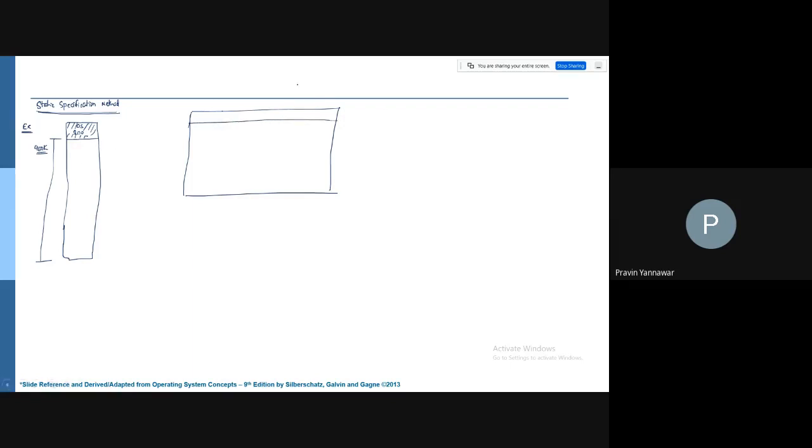Okay, so here it is the number of partitions. So how many partitions are we going to have? Say for example here, we are going to have 6 partitions. So 6 partitions means all those partitions are going to be fixed size. So you have got one partition here, you have got second, third, this is fourth, this is fifth and sixth. So how many partitions you have got? 6 partitions.